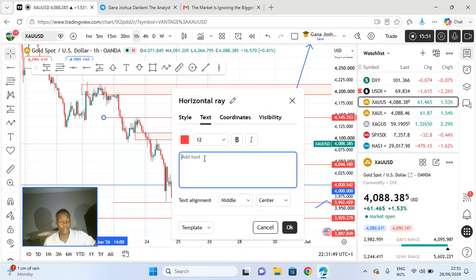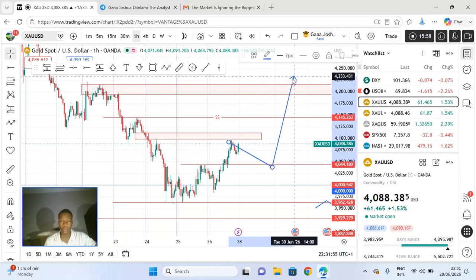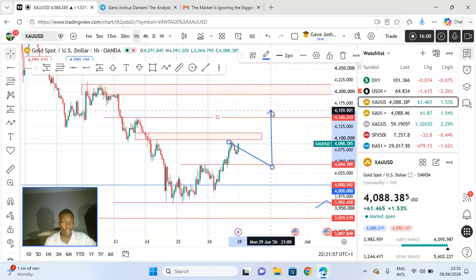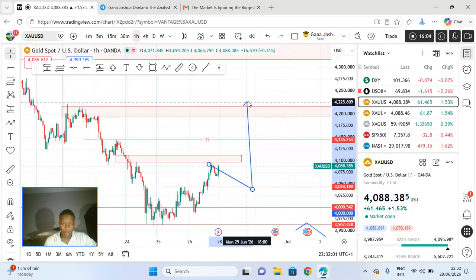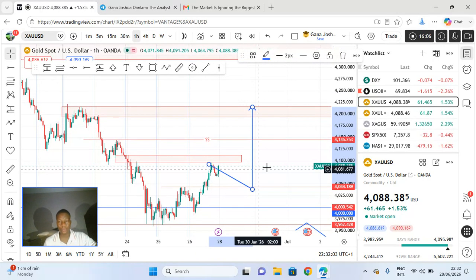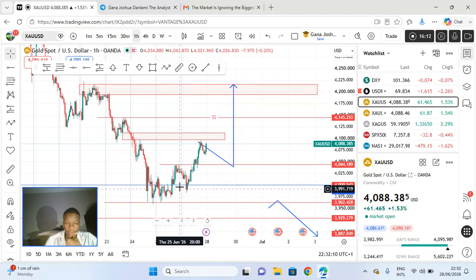And there's money here. Price will come, sap this money. There's money here too. Price will come, suck out this money. So that's what I see happening on gold. But then if this trend gets broken, then